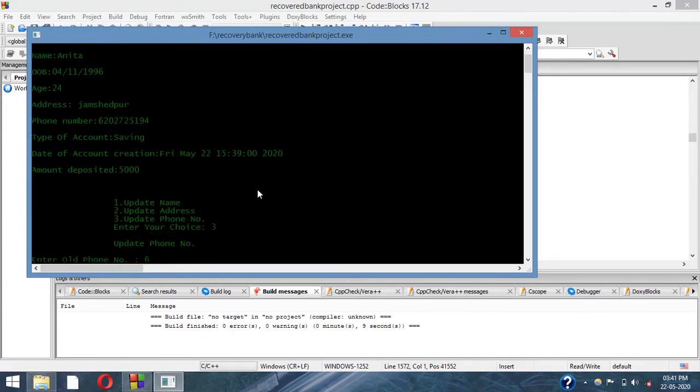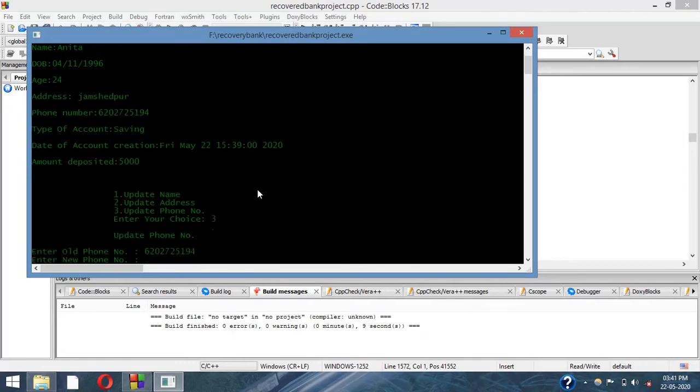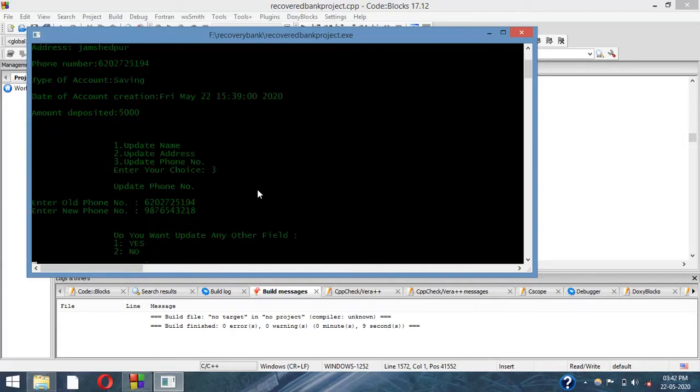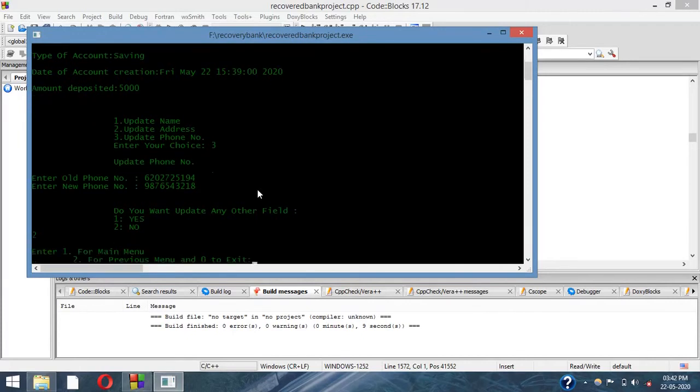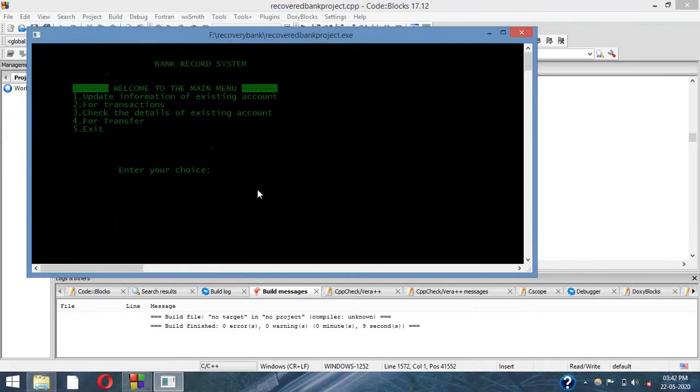Old phone number is 6202725194. Now the new phone number will be 9876543218. Do you want to update any other field? No, I don't want to update any other field. So again I am going to the previous menu to show other functions also.